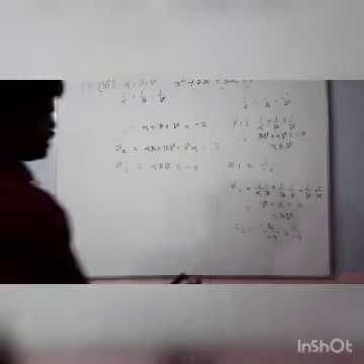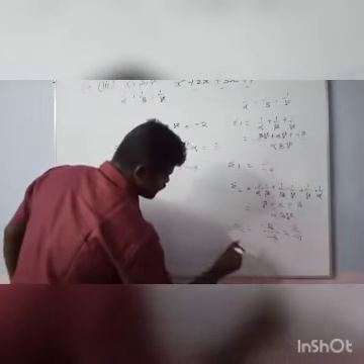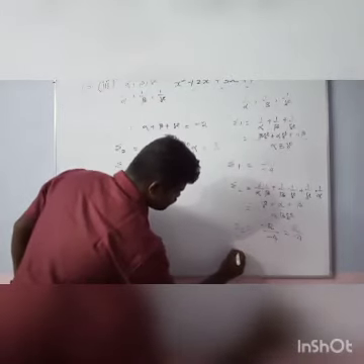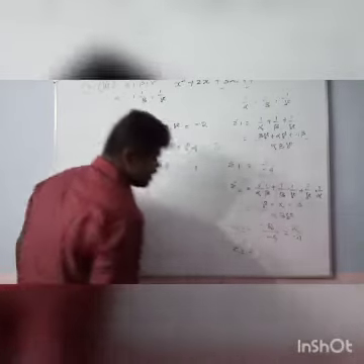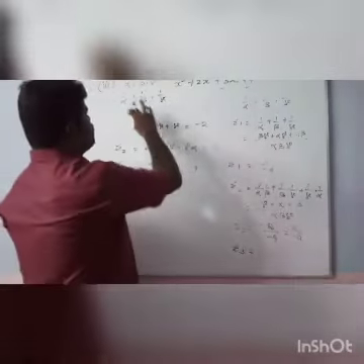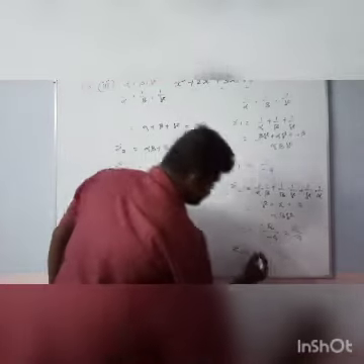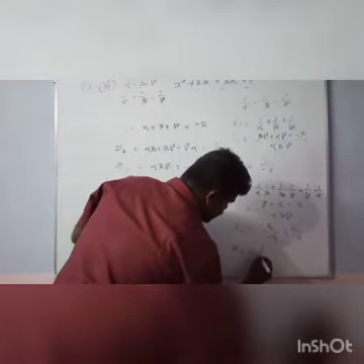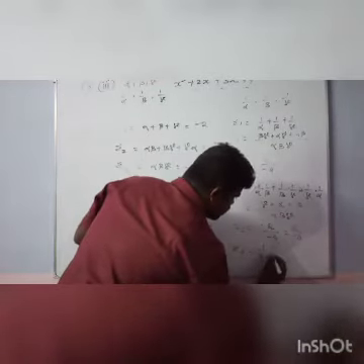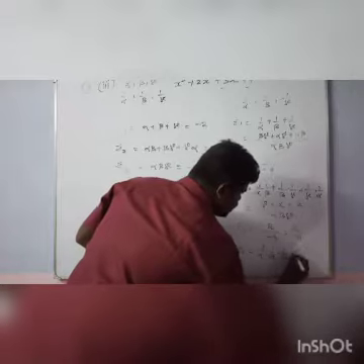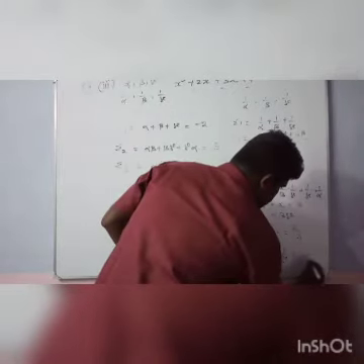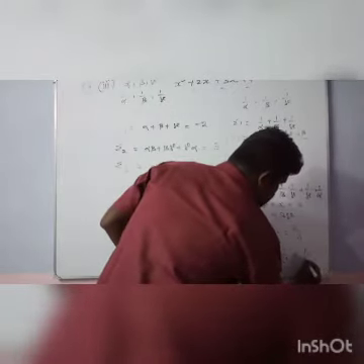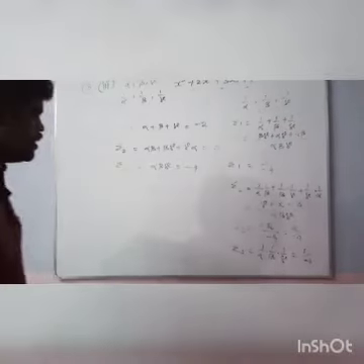And summation 3 here. Summation 3 equal to, multiply these 3 factors: 1 by alpha into 1 by beta into 1 by gamma is equal to 1 by alpha beta gamma. What is the value of alpha beta gamma? So 1 by minus 4. The value is minus 1 by 4. Okay.